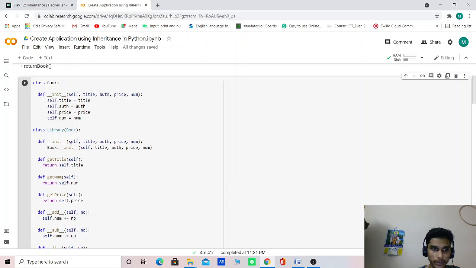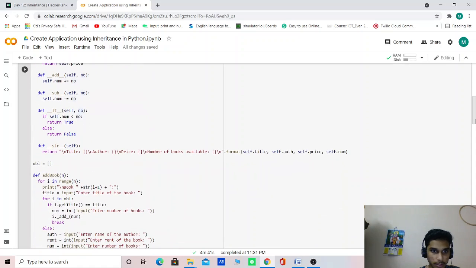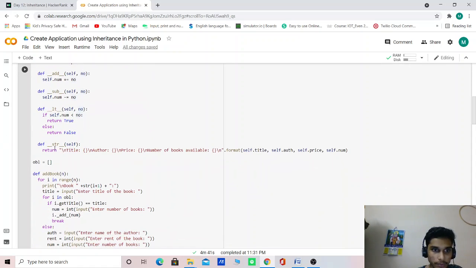In library, we have given book, self, title, author, price and number. In this, get title, get num, get price, then add, subtract, then string, return title, author, price and number of books, in the format of self title, self author, self price and self number.